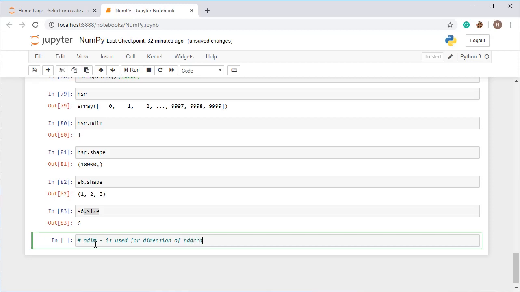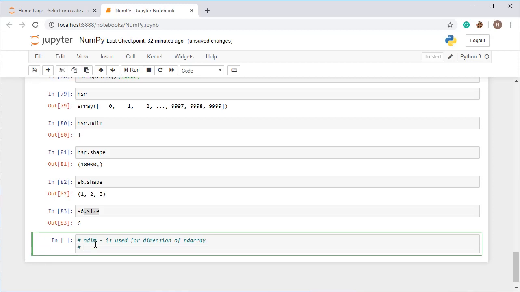All right, and .shape is used for the shape of the array, you can also call it the dimensions of the array.